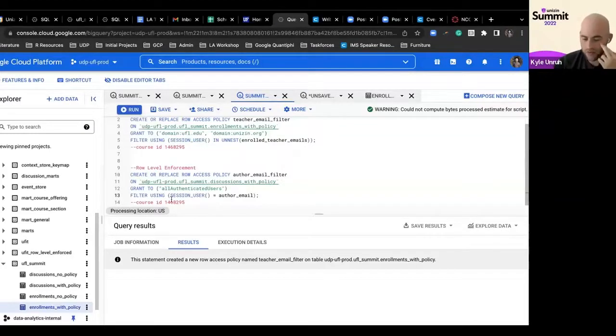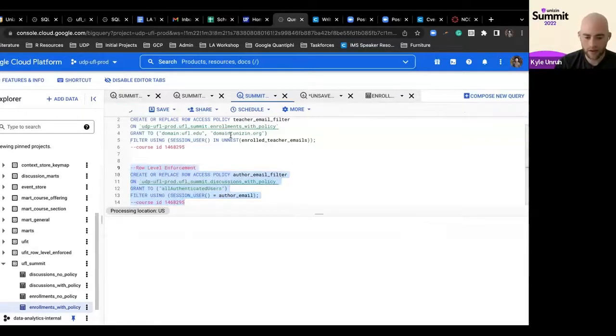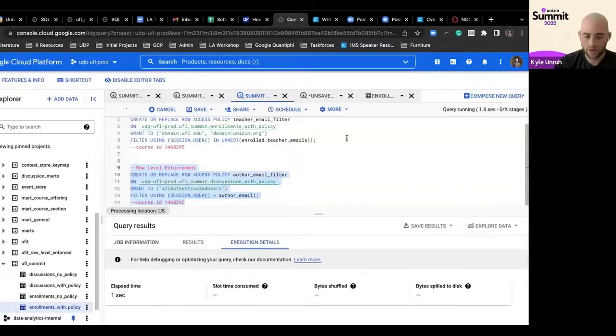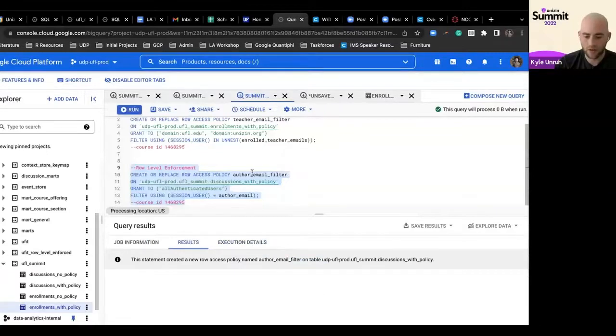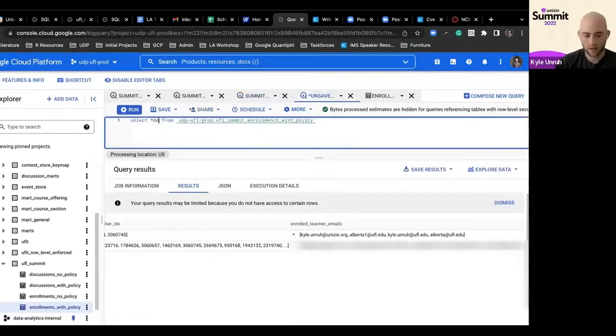So in this regard, this grant to is a little looser, but this filter using is even more restrictive. This is, I would say, the lowest level of row level policy that we could do using this approach. And so if I run this again, this is going to put the author email filter on the discussions with policy table. And if I do a similar query and I do a count